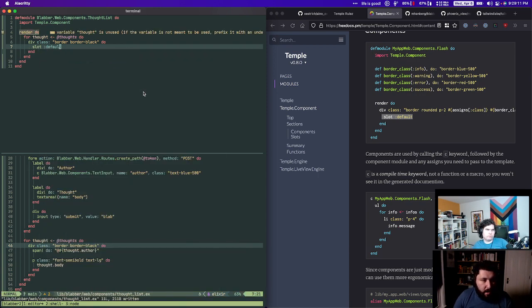If you've used Vue, you've heard of slots, or if you're familiar with React, there are render props and stuff like that, and then obviously with Surface and HEEx, there are slots. So Temple has slots too. It's complaining that thought doesn't exist or is unused. Is that going to work with a slot? Yes. So this is a great thing here. We'll say thought,